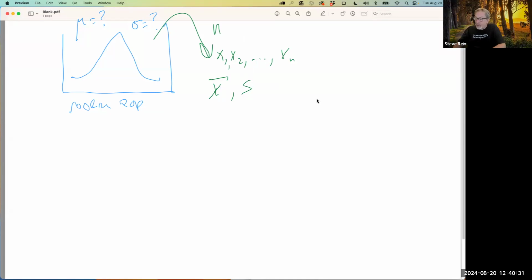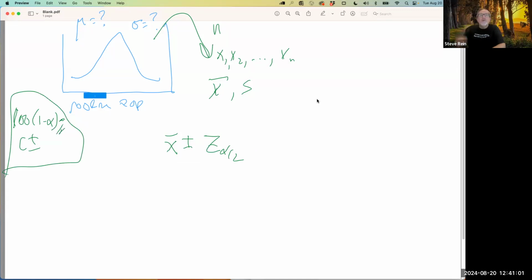The method we have for our confidence interval from yesterday, the CI approach, was X bar. Use your sample mean to estimate the unknown population mean, because that's unbiased. Plus or minus Z alpha over 2 for a 100 times 1 minus alpha percent confidence interval. Usually we use 95% confidence, so Z alpha over 2 is like 1.96. And we had times S over the root of N.